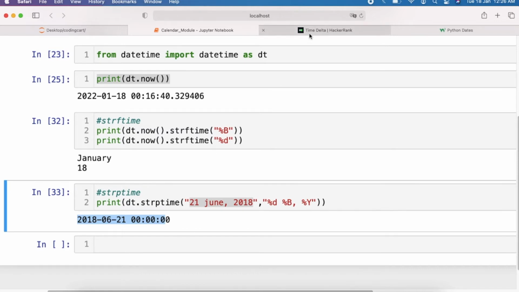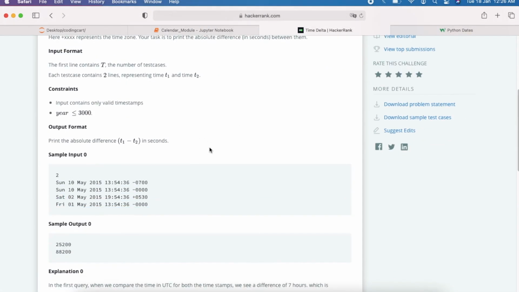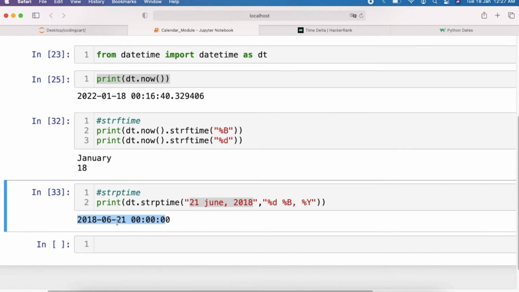If I give this date and the format type for this one, and convert it using the format type to get the timestamp, and pass t2 again with the help of strptime to get the desired timestamp format, then we can simply subtract t1 minus t2 using the absolute function.